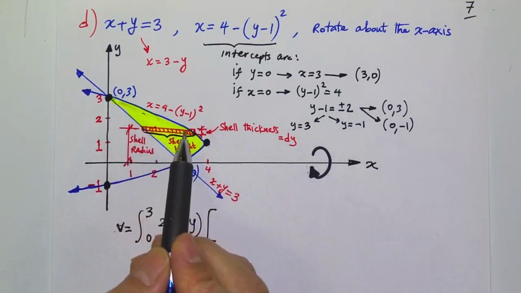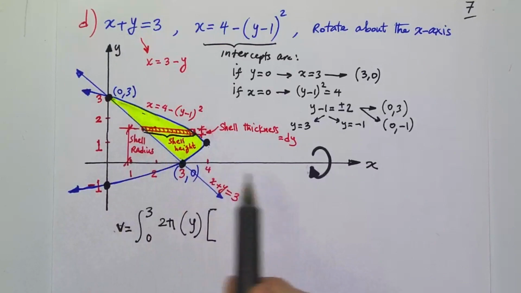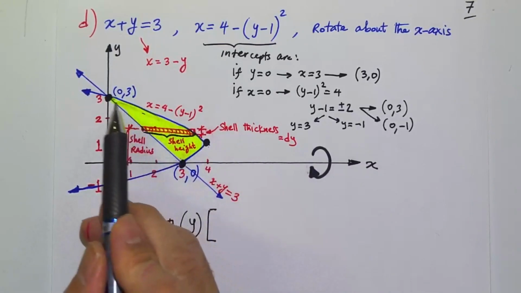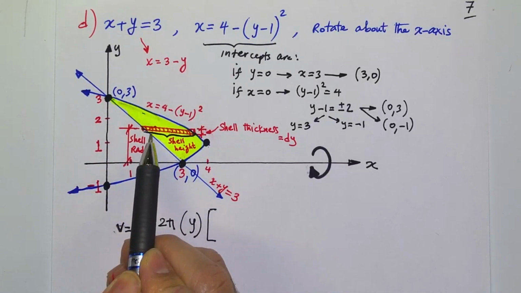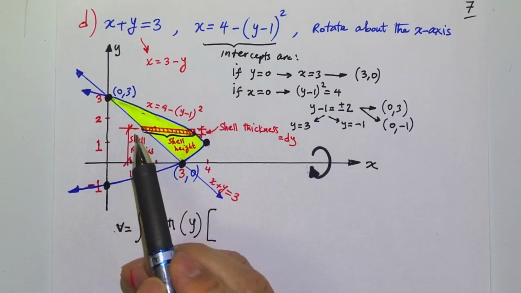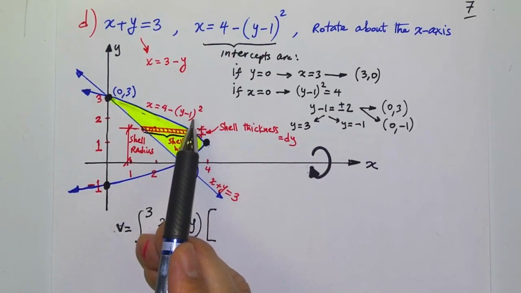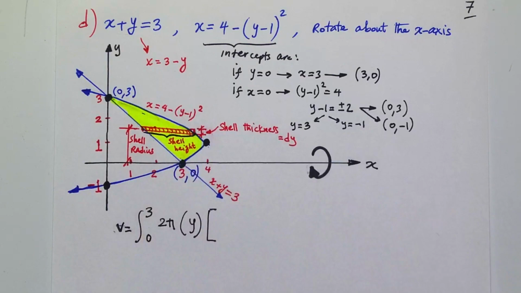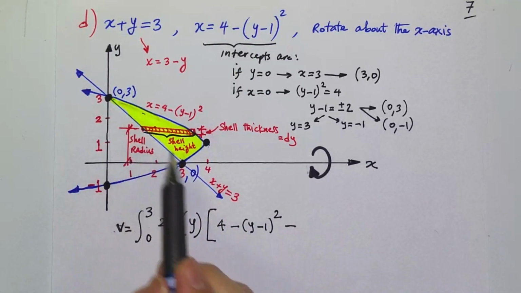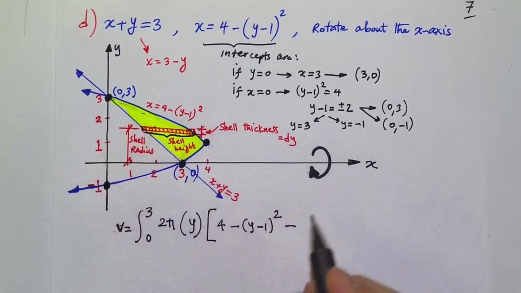But we're rotating this region about the x-axis, so we need to calculate the difference between that distance and this distance. And the curve that is on the bottom or to the left is always subtracted from the curve that is above or to the right of the other curve. In other words, we write this first, so 4 minus (1 minus y) squared, all of that, minus the curve that is to the left of it, or below it, which is 3 minus y,